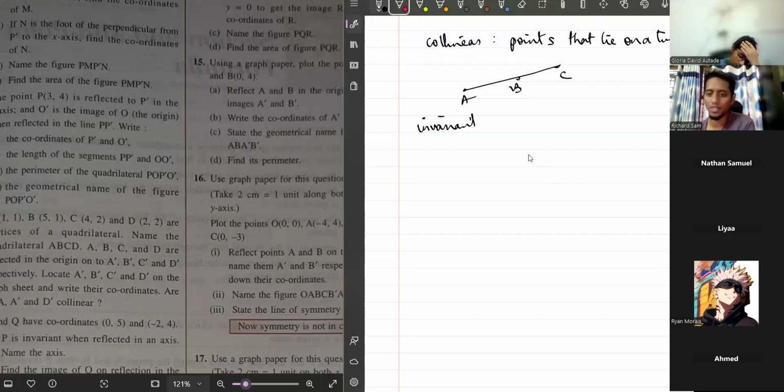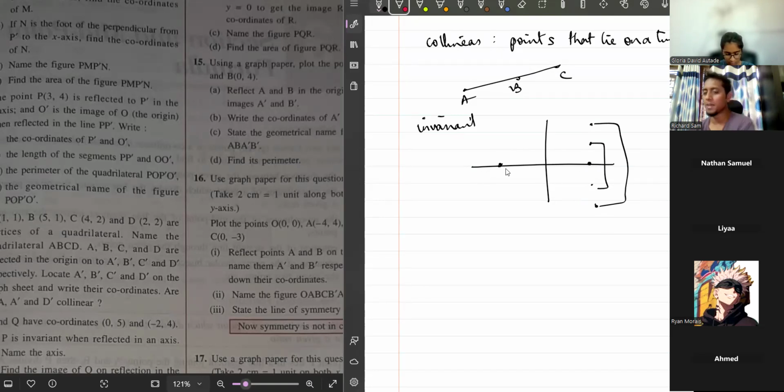Now, how can such a point be there? This point, if it reflects on the x-axis, comes here. This point will come here. What about this point here, which is on the x-axis? After reflection, where will it be? It will be right there. So such a point is an invariant point. This point is invariant on reflection on the x-axis. On reflection on the y-axis, it will come here. So invariant means on a certain axis or line, it does not change its